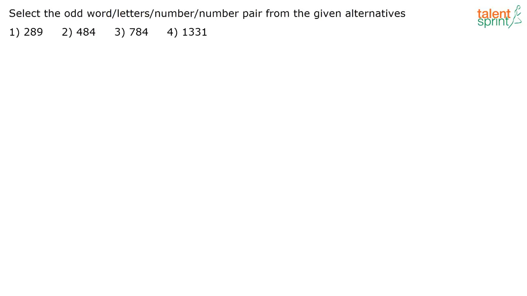See, what is 28 squared? 28 squared is 784, right? For those of you who are giving me the answer as 784, 28 squared is 784, correct. So, if you see, 289 is 17 squared, 484 is 22 squared. Similarly, this is 28 squared and this is not a square actually, this is 11 cube. 11 cube is equal to 1331. So all these options are squares except option 4.